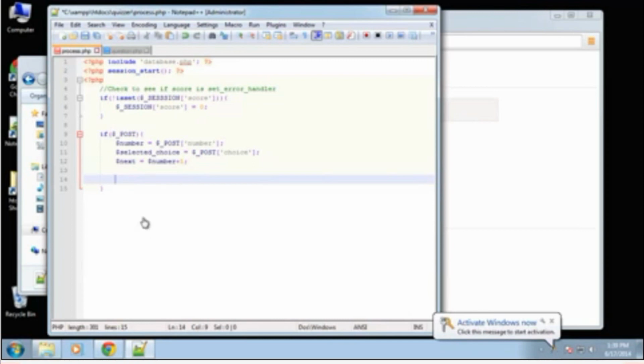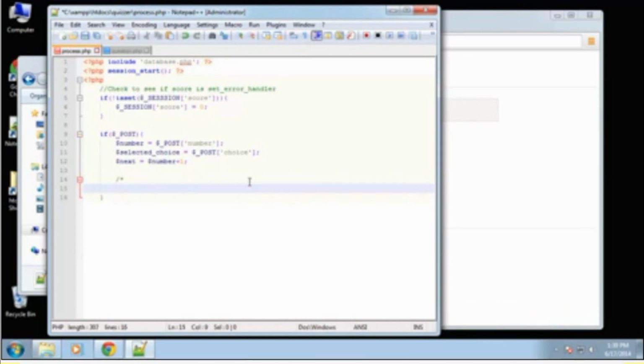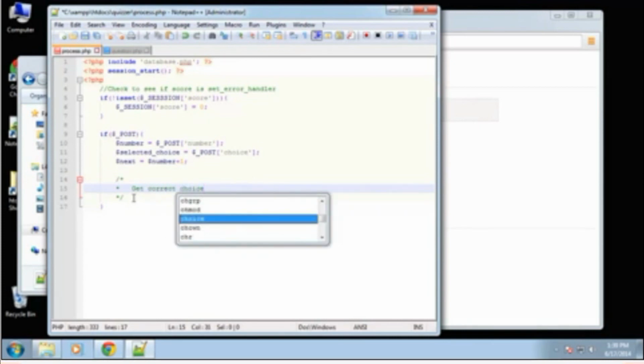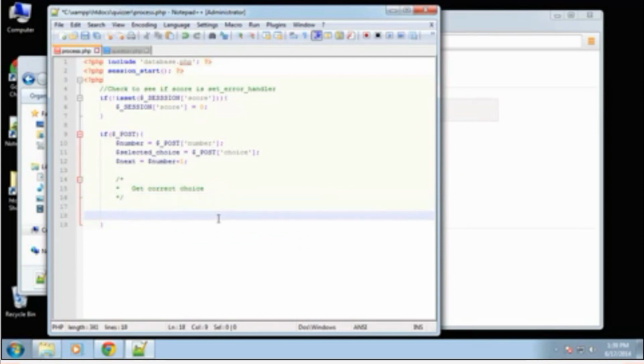Alright, so now we want to run another query. We want to get the correct answer for this question. So let's just put in a little bit of information here. Alright, so we're going to get the correct choice. So query, so we want to say select all from